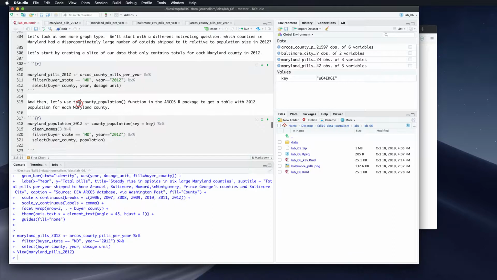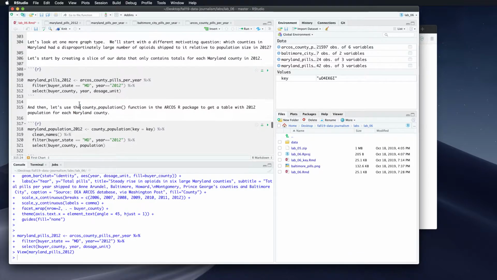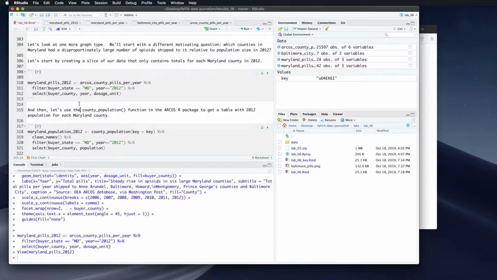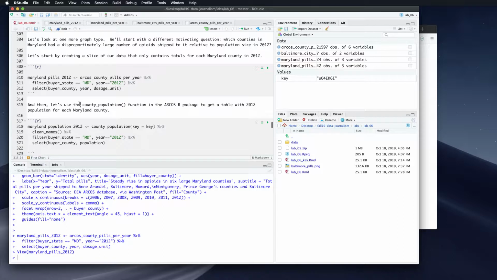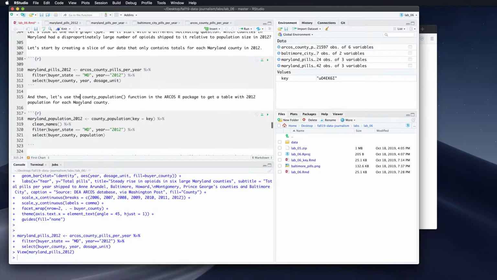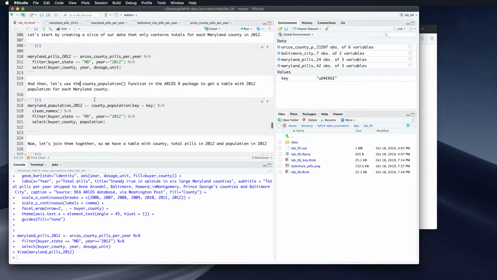Okay, so got that. Then the other side of this, right? We need to figure out whether the number it had was disproportionate to its population size. So I need to get some county population information. Luckily, the Arcos R package, the Post put together, allows you to pull in easily a table with the county population data. So that's what I'm doing here, creating a new object called Maryland Population 2012. And I'm using this county population function that's part of the Arcos R API, feeding it my key. So I'm pulling in a